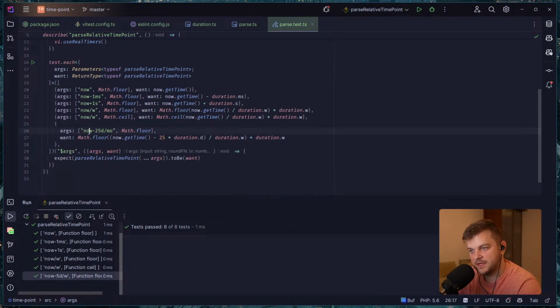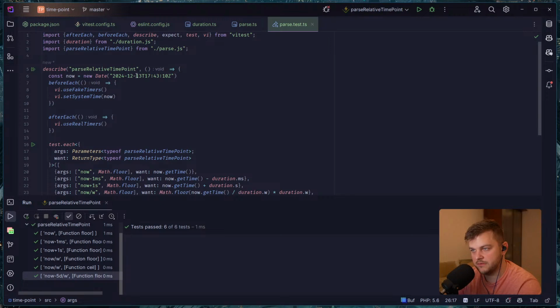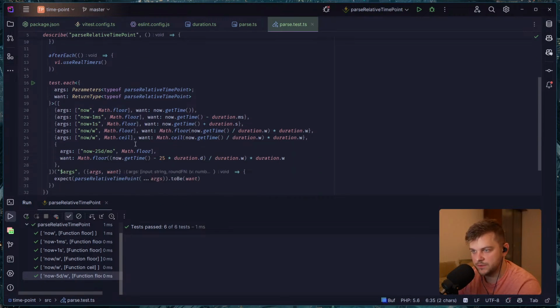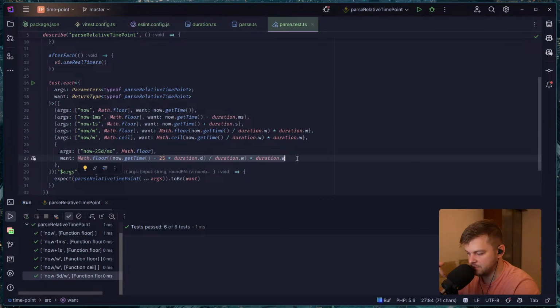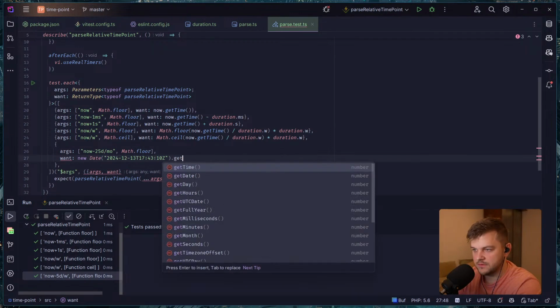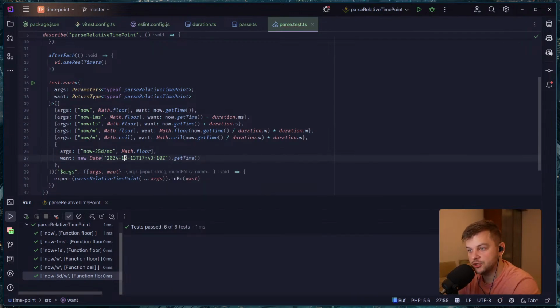Then, in case now is like 13th December of 2024, minus 25 days would be, and rounded down to month, it should be, get time, it should be 1st November 0000,